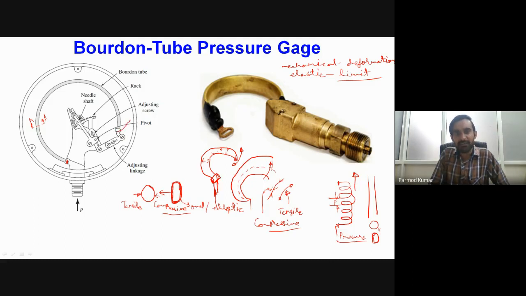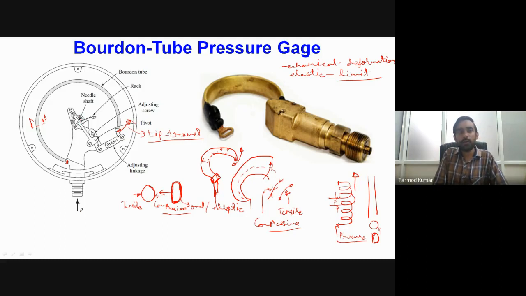Okay, now what is basically done is that a mechanism is developed which finds out how much tip travel we are having, and converts that tip travel into the motion of the needle, and that needle has a calibrated scale over here which gives us the value of the pressure. Okay, so this outward motion of the tip of the Bourdon tube is known as tip travel. So for a given tip travel, we have a mechanism over here that gives nothing but angular motion of the needle.